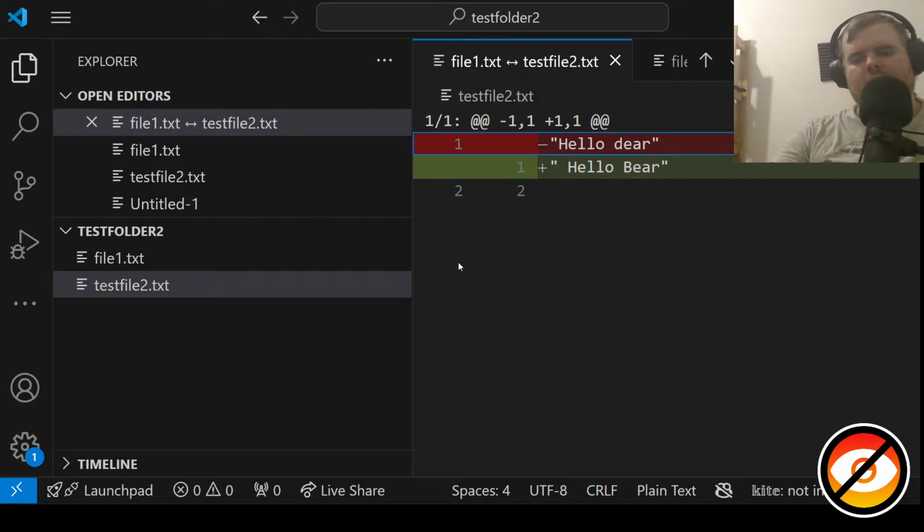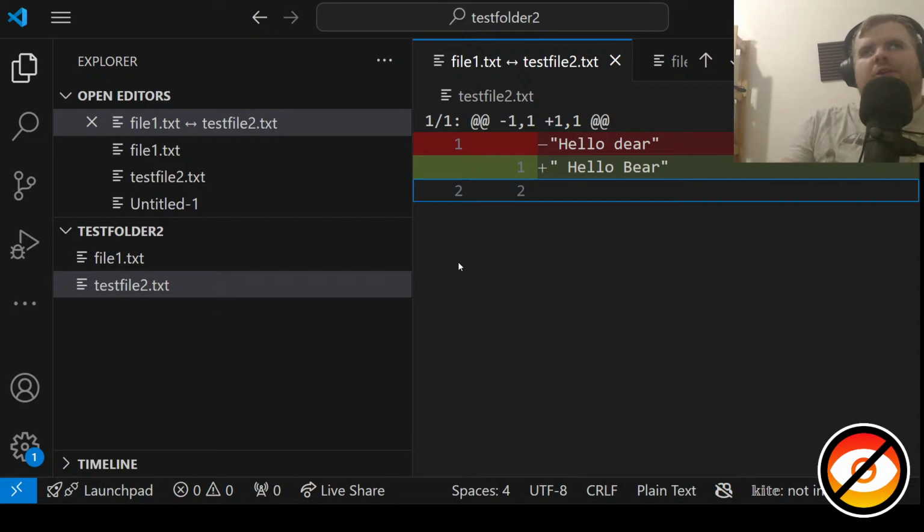Hello dear, original line 1, 2 of 4, level 1. Speech mode off. So that's the delete sound. Hello dear. It has a minus sign in front of it as well for people who have that being spoken. And hello bear is what would be added. So hello bear is added and hello dear is removed. And then there's a blank unchanged line below it. So basically what you're meant to be doing here is for every change, you get a little bit of context, usually a couple lines, and then you get the removed line and the